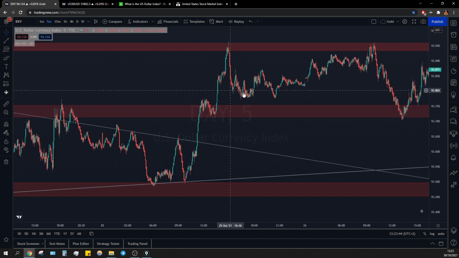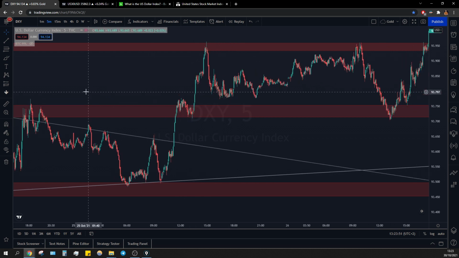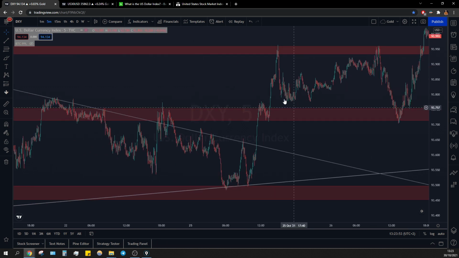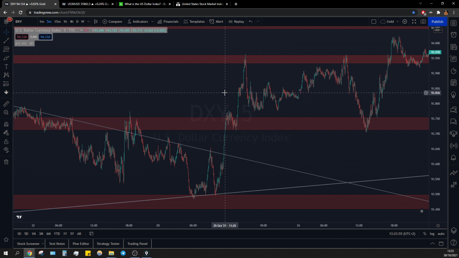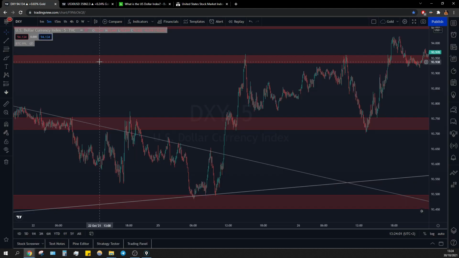This is a breakout of the level of the previous highs, the PSA, and it can show you that the dollar, as in the basket of currencies I showed you in the previous video, is gaining strength. So if the dollar is gaining strength, what can I do to take advantage of it on the currency pairs I usually trade? So we jump